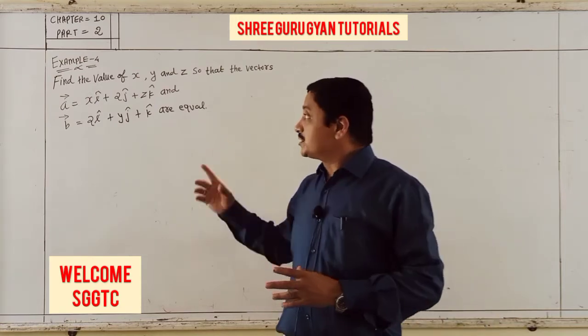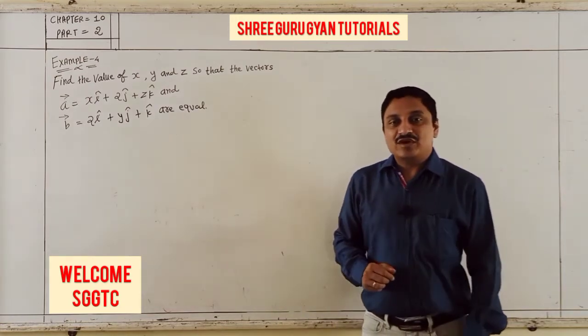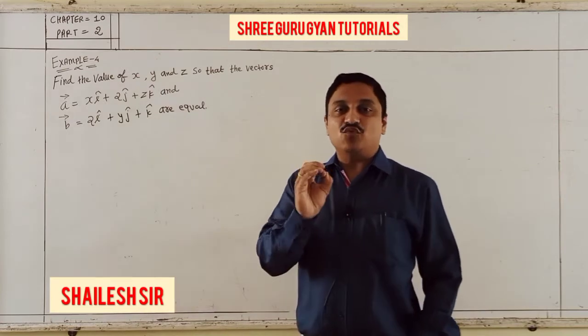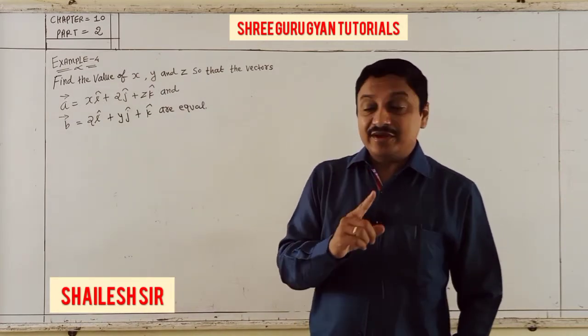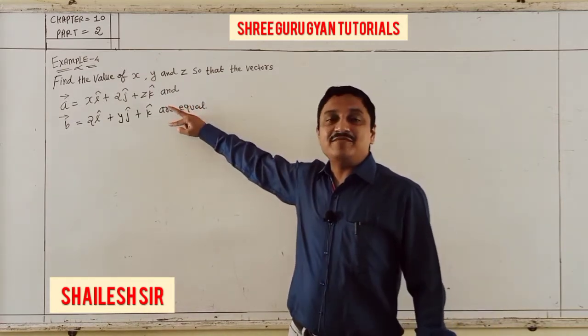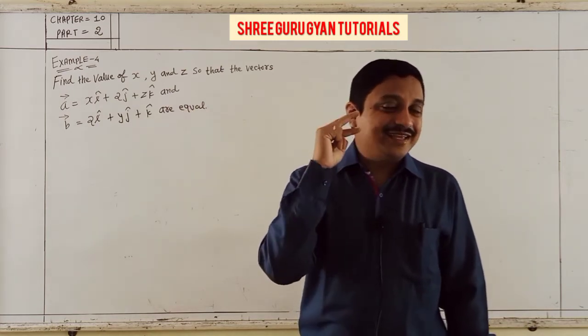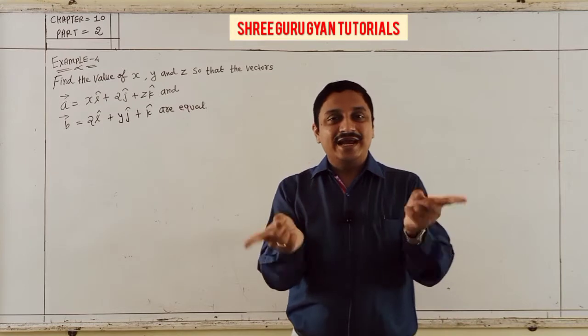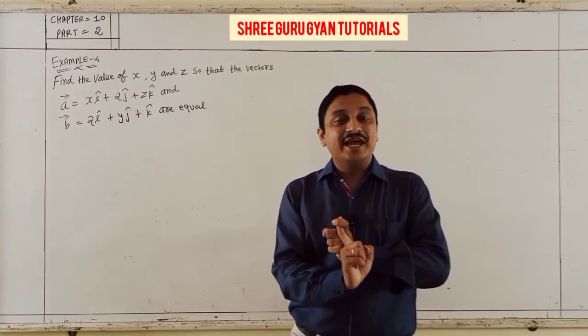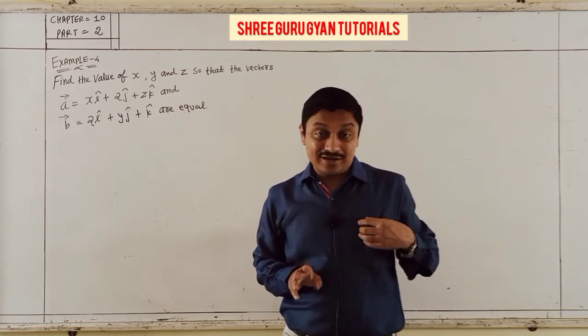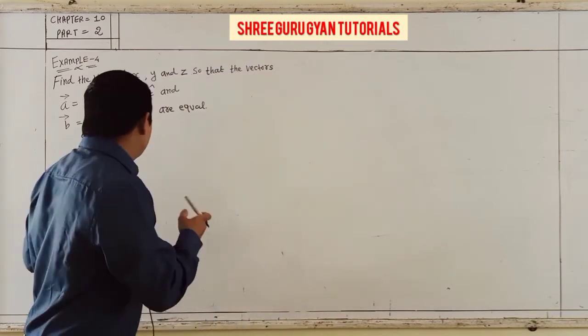Today we continue, students, with our example number 4. Find the value of x, y and z if the given two vectors a and b are equal. When two vectors are equal, their magnitude and direction are the same, then both vectors are equal. Here we apply both